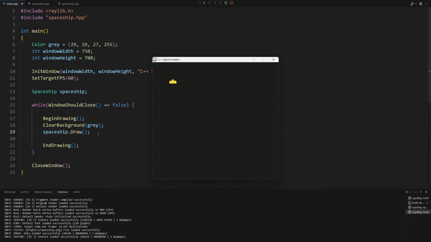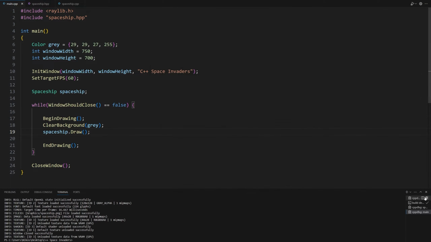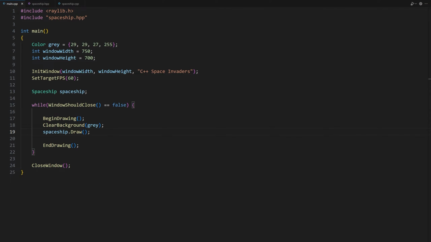If we run the game now, we can see the spacecraft for the first time. Beautiful. When we use the draw method, the spaceship appears on the screen where we told it to be. We originally said we want our spaceship's top left corner to be at position 100, 100. That's why the spaceship starts at the top left corner of the screen. But what if we want it to start in the middle at the very bottom of the screen? We need to use the screen dimensions and do some calculations.